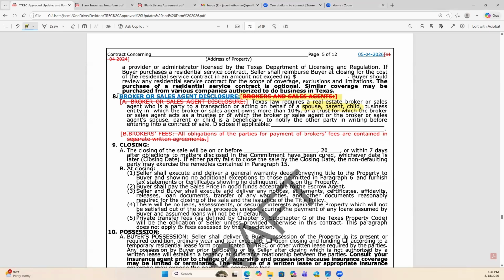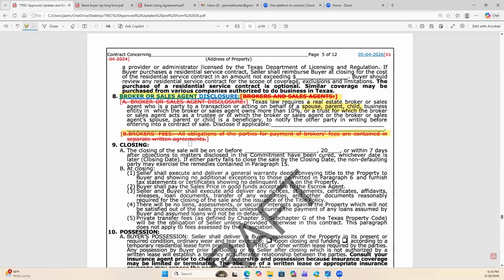And they've said this is for brokers or sales agent disclosure because there is no such thing as a broker that is a realtor. Brokers are not realtors. Brokers are brokers. Realtors are realtors. There is a distinction. That's why there's a designation. So there should not be an "and" here. This is for a broker or a sales agent's disclosure. Okay. Along with there being a disclosure here, this is what they took out.